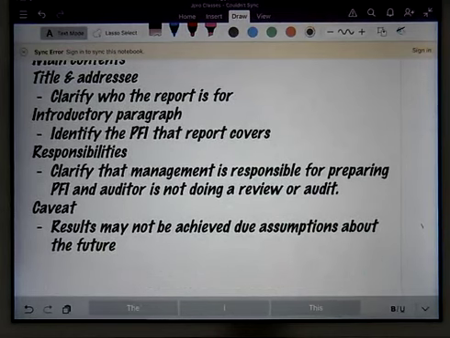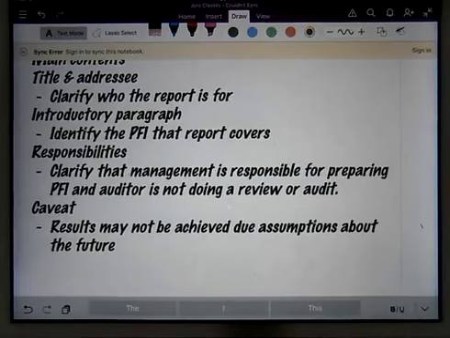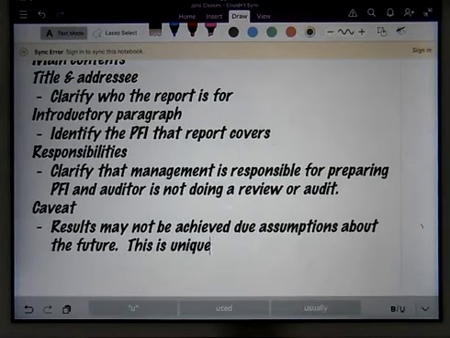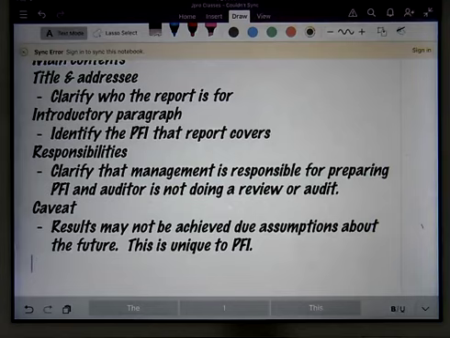Are you clear now? Are you clear that you have to state that this is a unique item for a PFI? PFI only is the one to put a caveat there. Sorry, we cannot confirm the future will be that. You might not get the results. Are you clear now? The next one that you have there is the